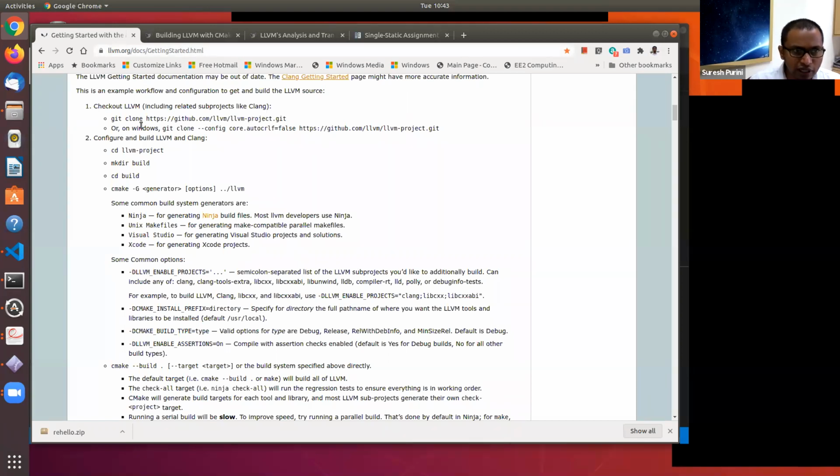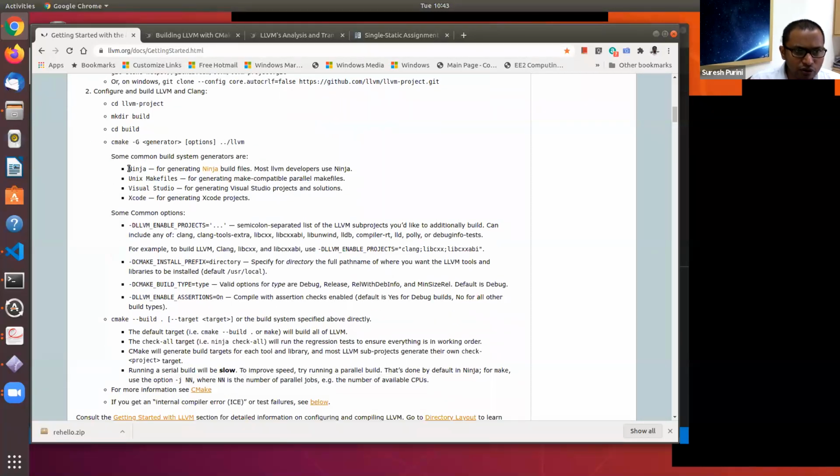You can clone the latest version of LLVM from GitHub, and the build instructions are all given. But a few important things: when you are generating the makefile using CMake, you may want to use a Ninja build.